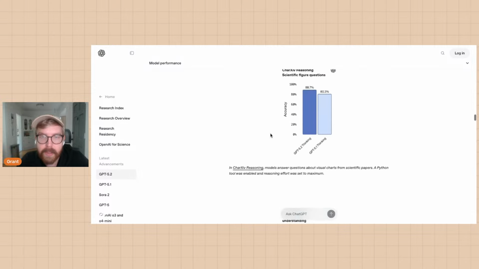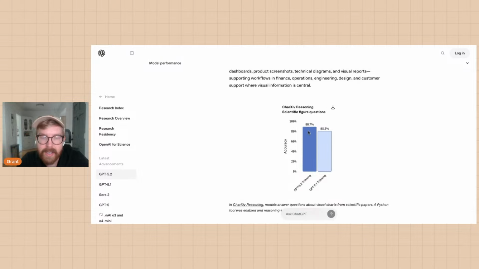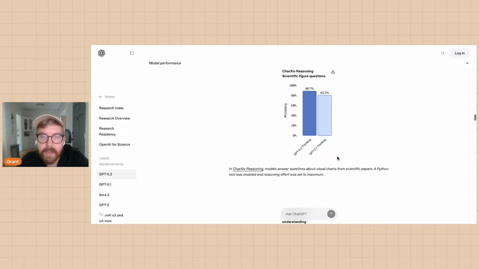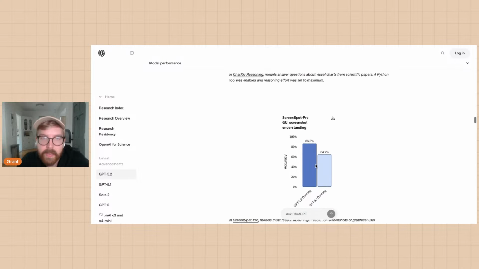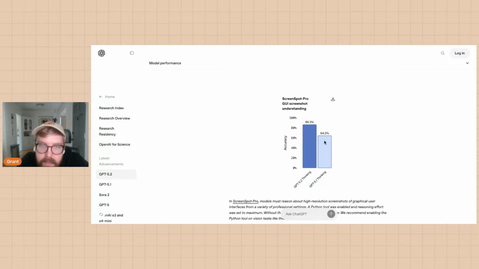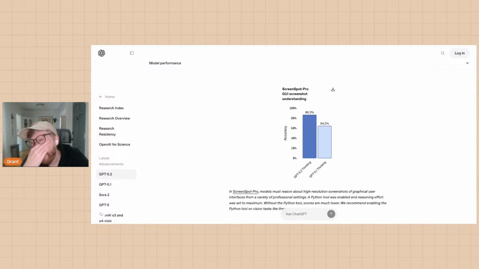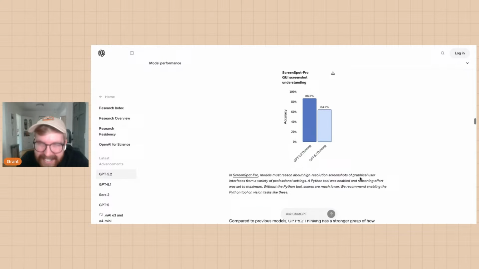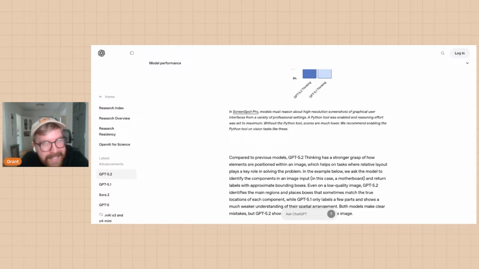It's a pretty big leap. I mean, at this level, it's relatively big. This one's a lot bigger, though. From 64% to 86%. Let's keep in mind, how long ago did GPT 5.1 come out? Not that long ago. So all things in perspective.